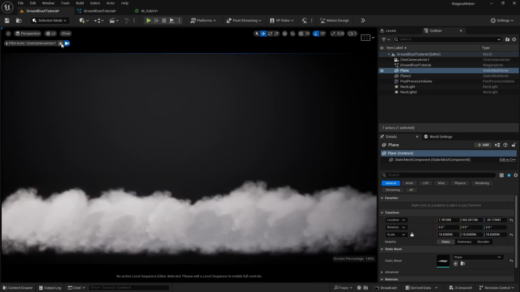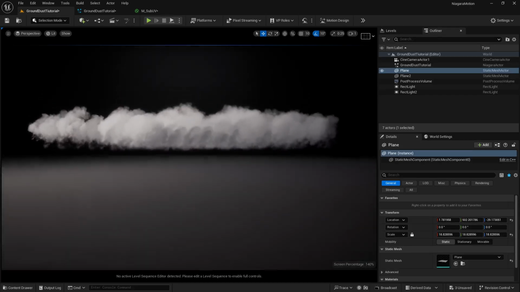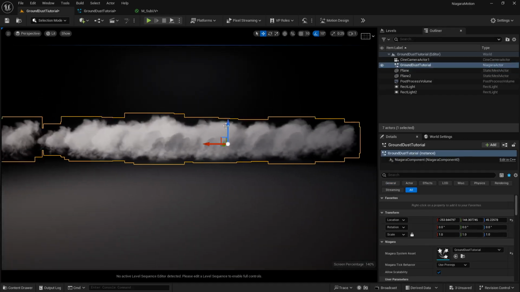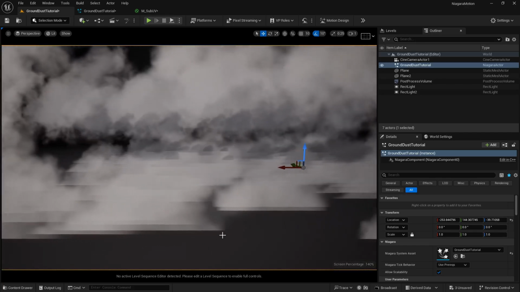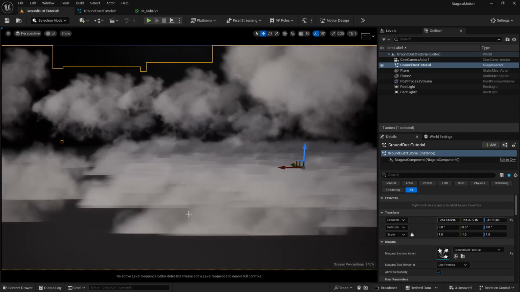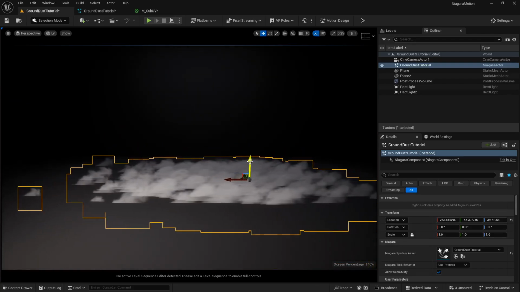But if I go here and zoom out, right now you can see our particles are basically upwards in the sphere. So if I take it downwards, now you can see we are getting this cutout effect here. Okay, because they are colliding with the ground. Now I want this to be really smooth. So how can you do it?